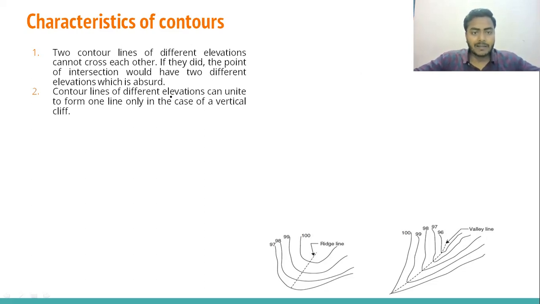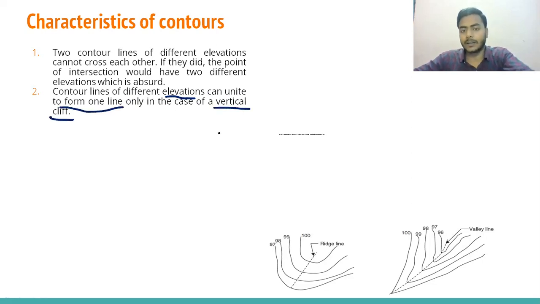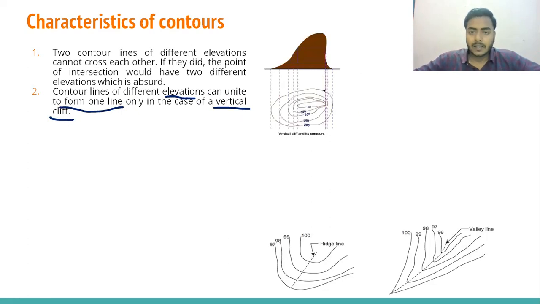Contour lines of different elevation can unite to form one line only in the case of a vertical cliff. Obviously, whenever you see this contour line, you can imagine this point on the ground or in this map. You can see in the figure, this point, its contour line is different. Contour lines are going through this point. It means this point is showing